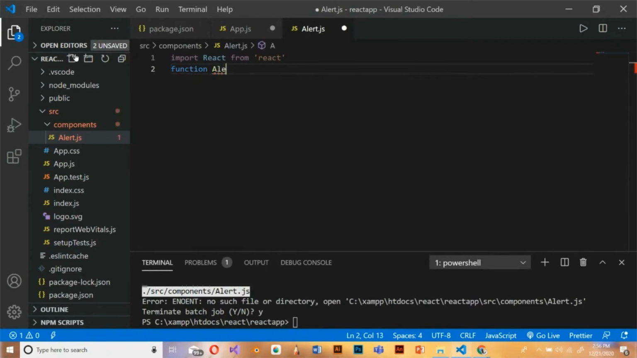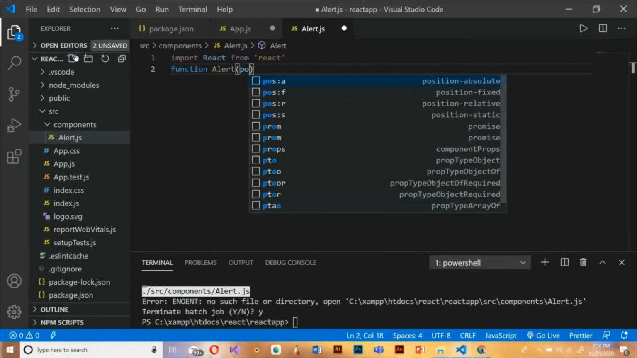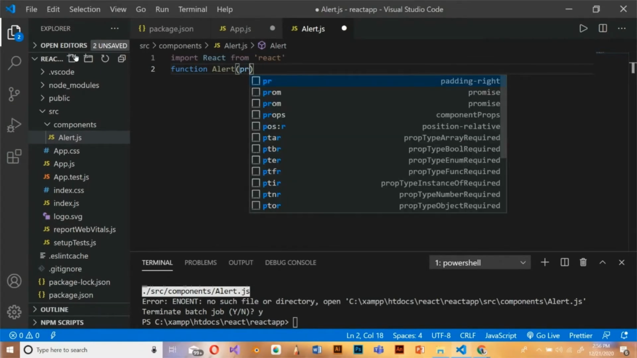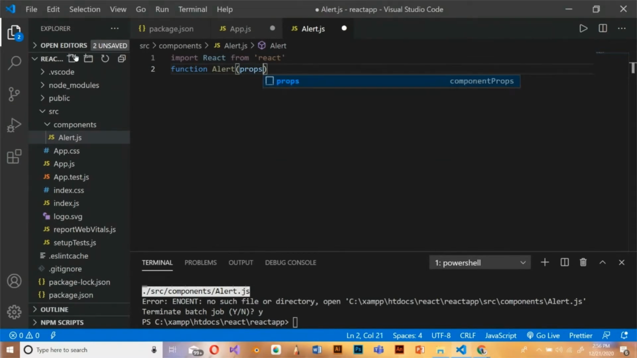Name it alert as its alert function. And if you're not passing any sort of props inside your alert function, keep it empty. But I'm going to pass props inside it. That's why I'm going to write props, body, and then return,